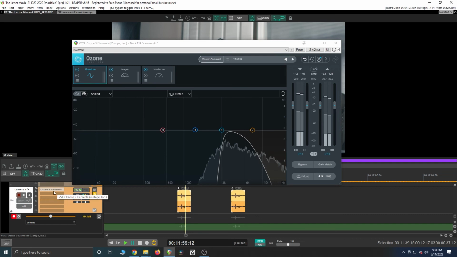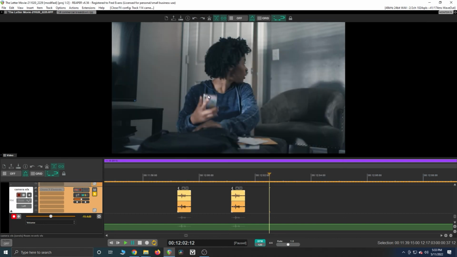So if I just, can I bypass it like this? No, you're not going to do it. So I'm going to turn off all the effects. And that's what it normally sounds like. It just sounds like a regular camera shutter, but I wanted it to sound very thin because the phone is small, so the shutter shouldn't sound as big.